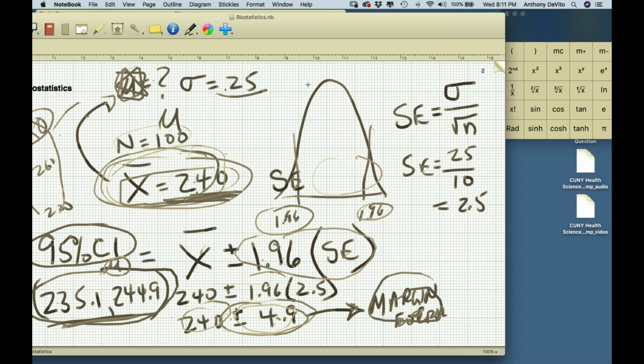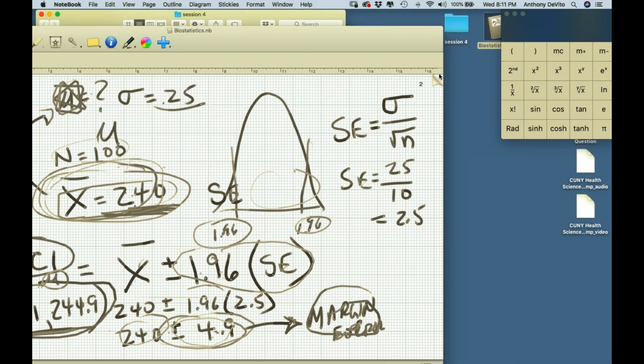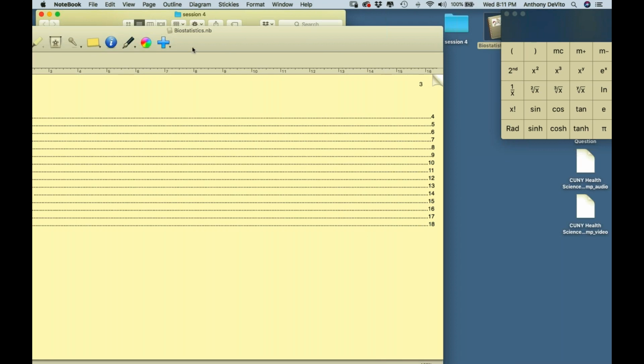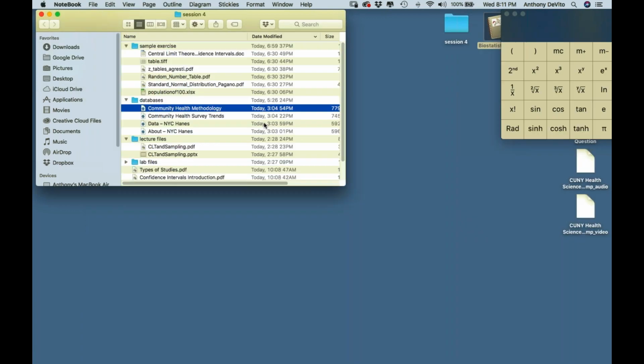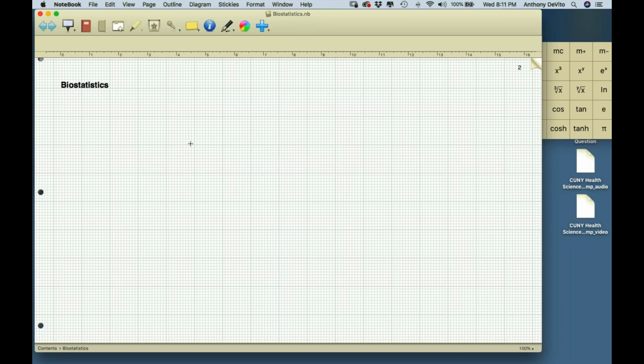So we can calculate confidence intervals if we have some estimate of the population standard deviation. Most of the time we're not going to know that, but we have ways around that. But for instance, say I have another situation where we take a sample of size 64, and we get a mean weight of 120 pounds, and the population standard deviation for weight is 16 pounds, right?